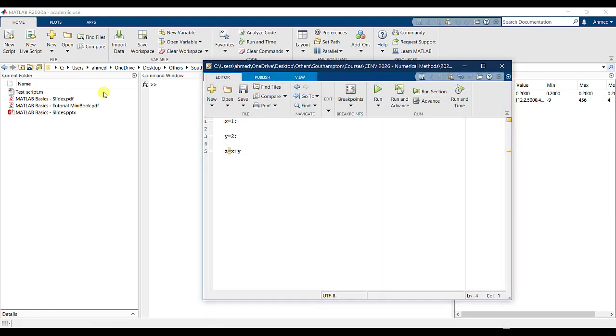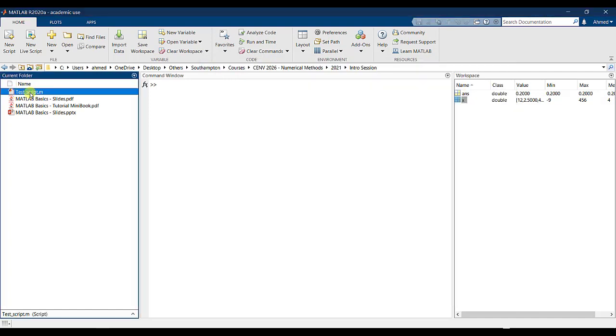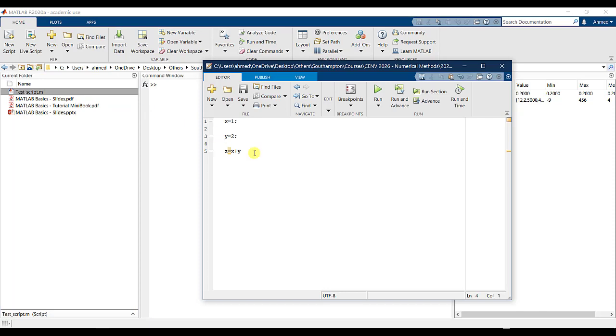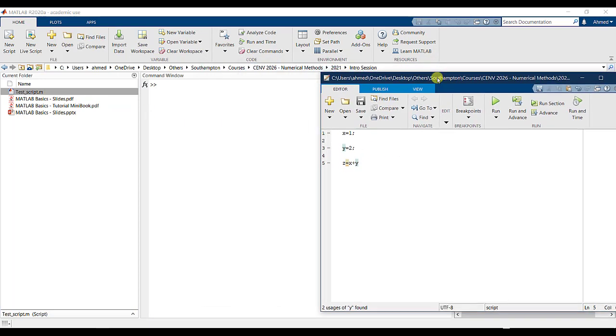I click enter, and you see in my folder that test script.m has been created. This is called an M file. An M file is a file that includes the code that I've written. If I double click on it again, here it is. Now if I run it,